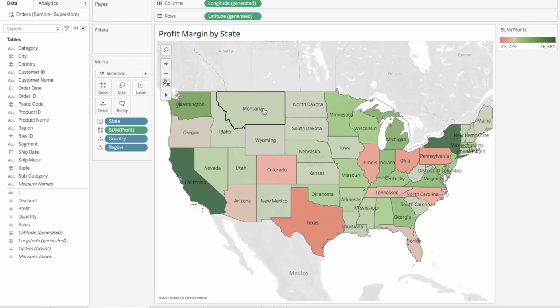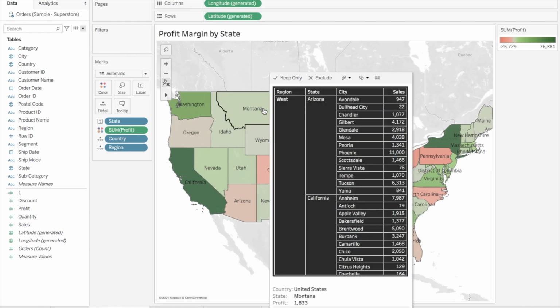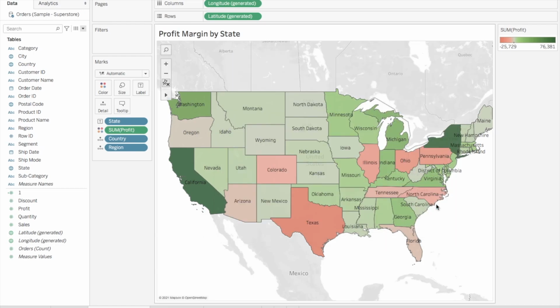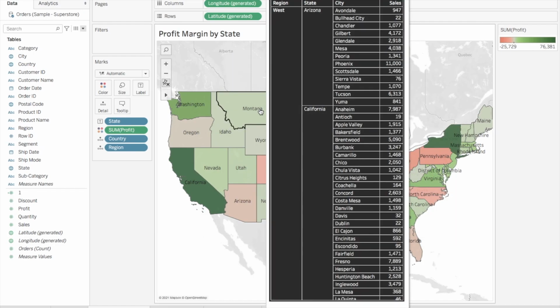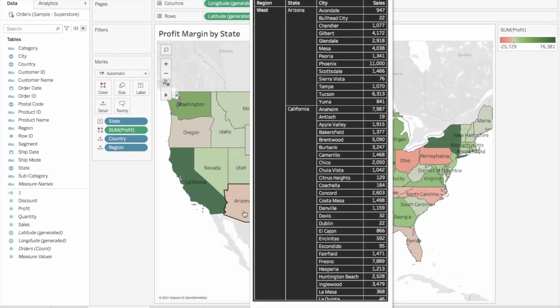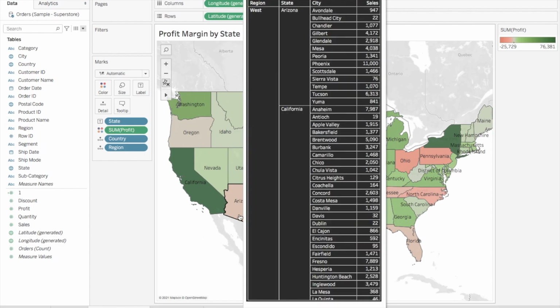But for the height, it's still showing view is too large to show, so we'll have to increase the height more. Let me make it 800. So now I think you will not see that error.